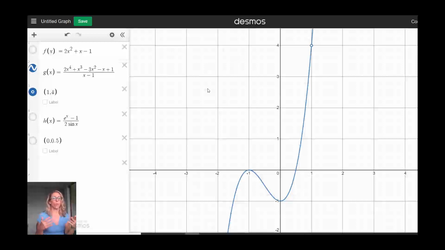If we were to just plug in 1, we're going to get 0 over 0. But if we looked at that numerical method, putting in values close to 1 on either side, coming in from the left, coming in from the right, we're approaching 4 in the y direction. It doesn't matter that there is no value, it doesn't matter that there's a hole there. We can get infinitely close. We can put in any value at all that is close to 1 on either side, and we will come out with a real number value. The only value we can't put in is 1. But that's okay, because a limit is about what you're approaching and getting infinitely close to, and not what the value is there, if it's there or not.